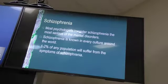Most psychologists consider schizophrenia the most serious of mental disorders. Schizophrenia is known in every culture around the world. 1 to 2% of any population will suffer from symptoms of schizophrenia. So it doesn't matter if you're in India or New Guinea or Brazil. About 1 to 2% of the population will suffer from